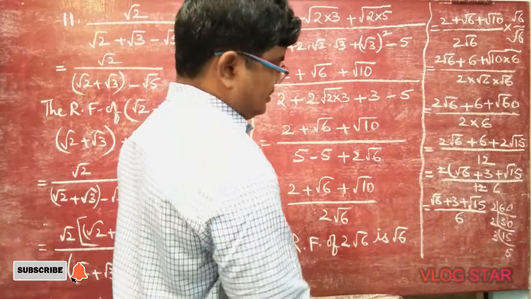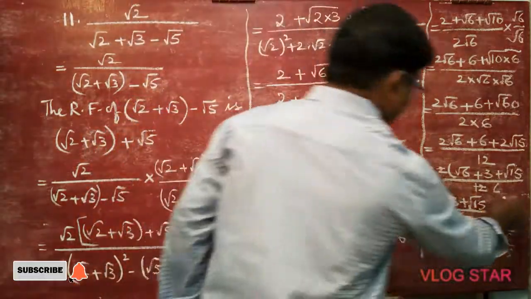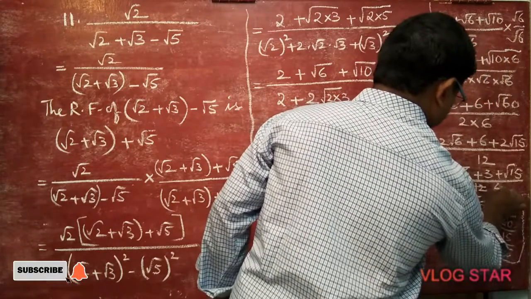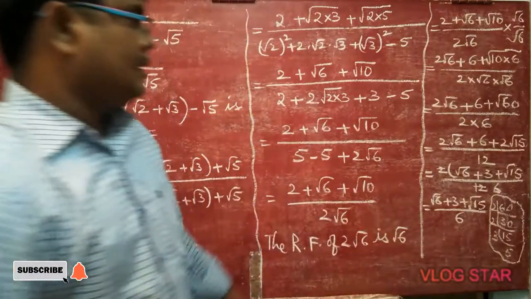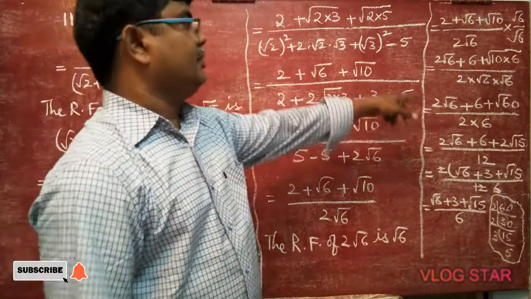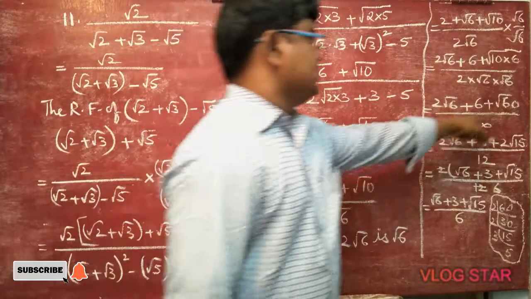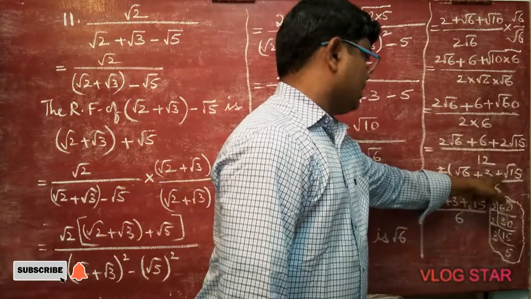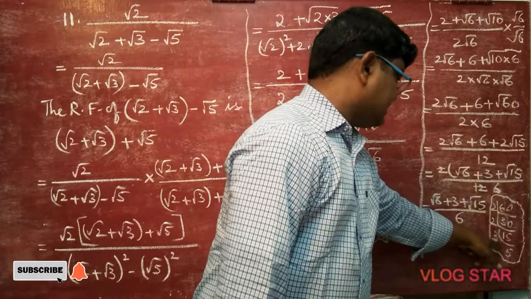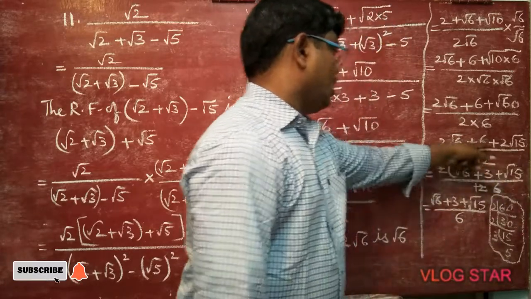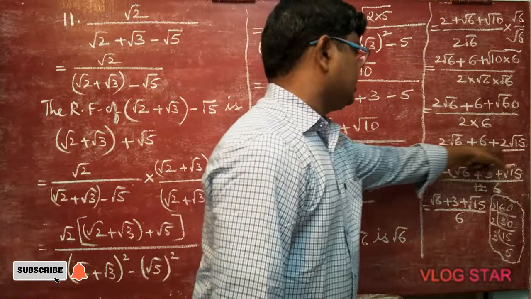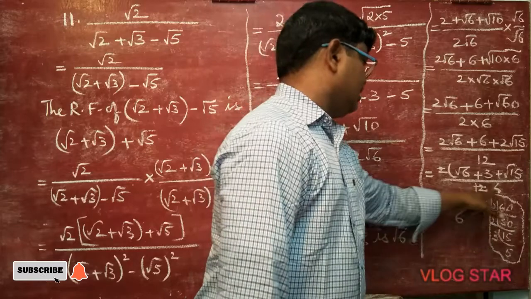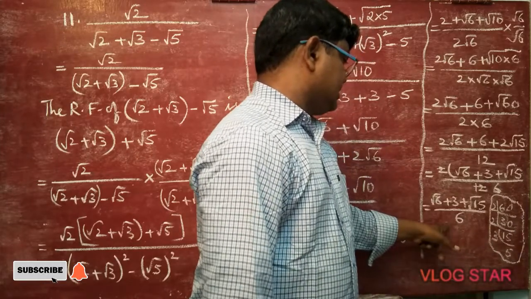Are you able to follow? This is part of working. Listen carefully, so be careful. Way of simplifying 60: we have to find factors. Square root, no? For 2 2s, 1 2 came outside here, and remaining is 3 5, 15. So 2 root 15. On the whole, here 2 table is there, here 2 table is there, here 2 table. 2 table I took outside. The remaining ones: 2 goes here in 12, 6 times. So this is the final answer.